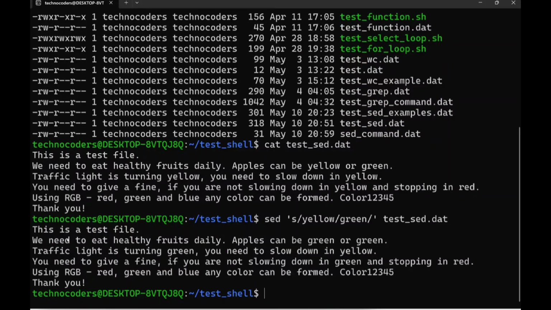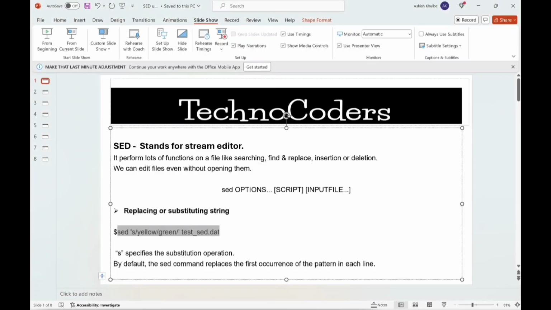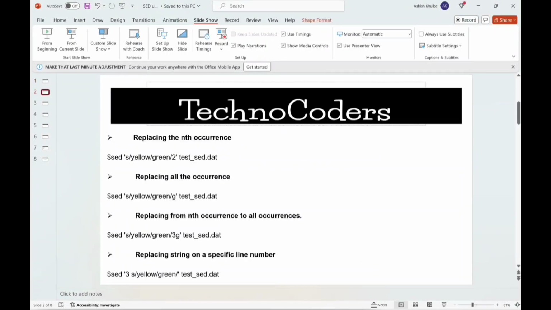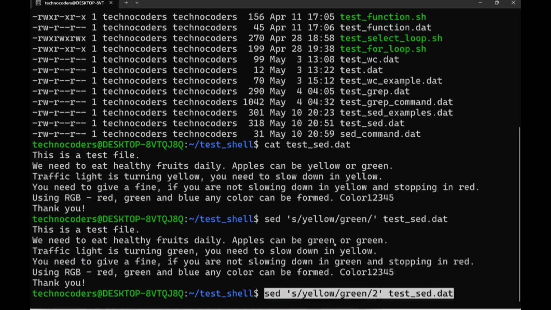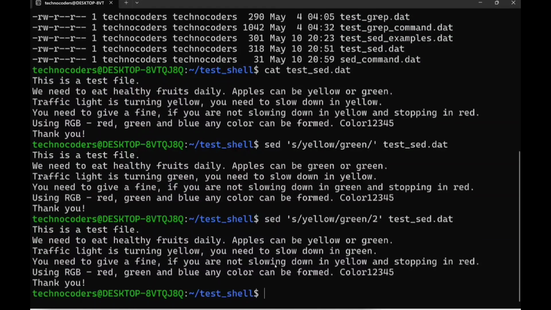Now you can see here yellow became green, right? And in line number 2, the first yellow became green, but the second yellow is still there. Now let's say you have a requirement to replace the second one also. For that, you can run the second command, sed with the second occurrence. So again, I am running this command. Now you can see here